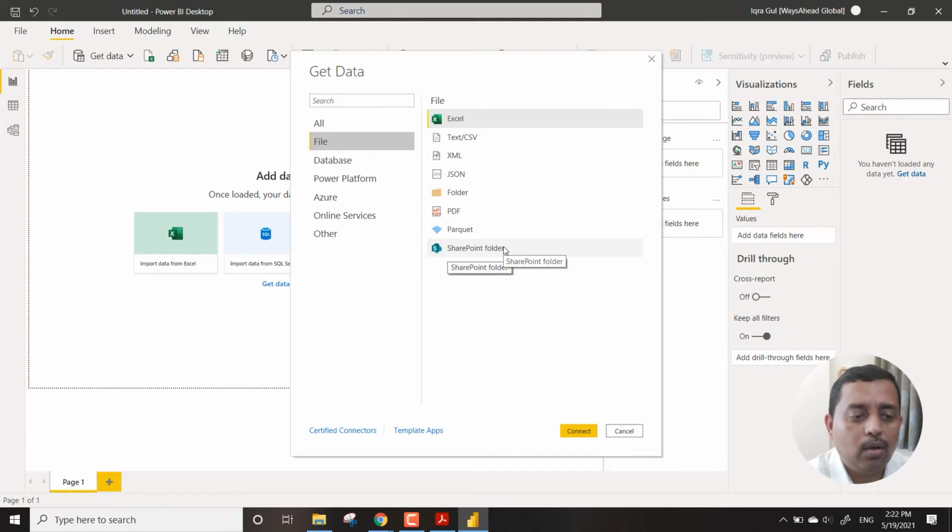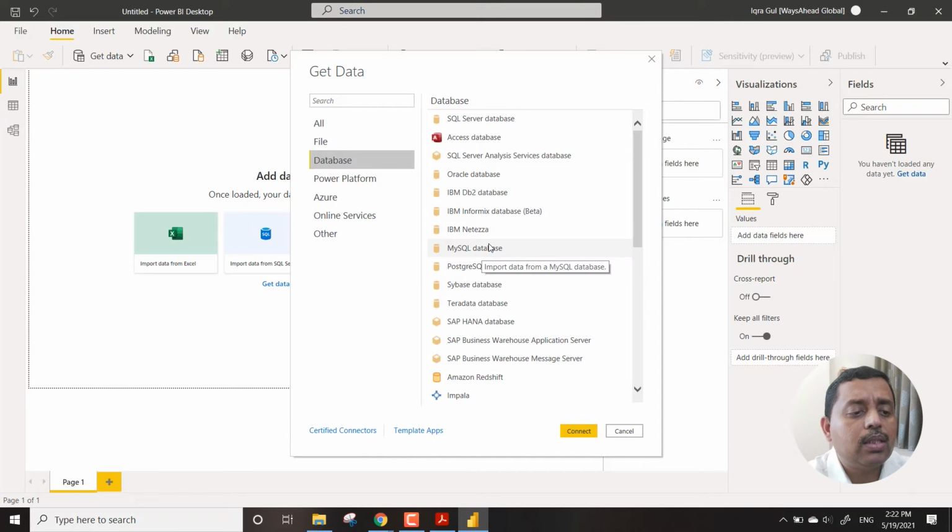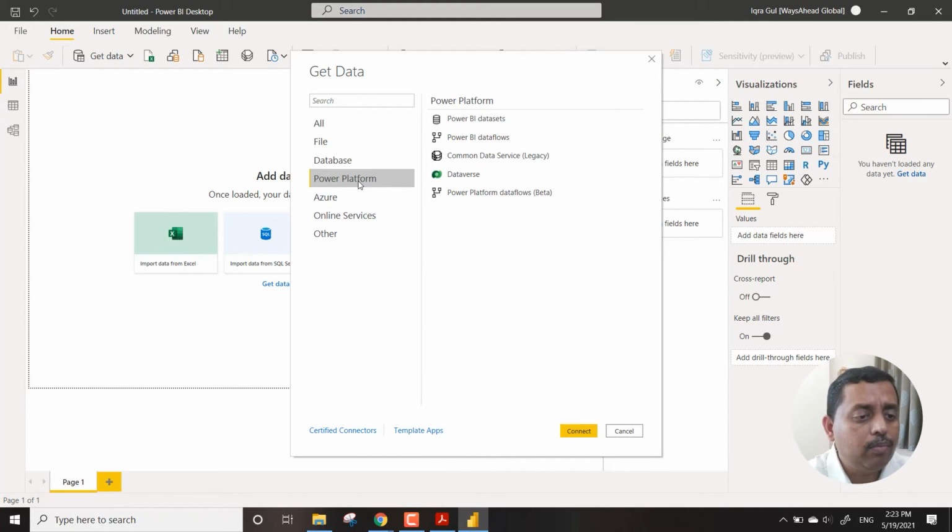Followed by the database, which is a big set of databases starting from SAP, MySQL, SQL Server Analysis Services, SAP HANA, and all these things. Then we have the Power Platform, which can also be connected over here.